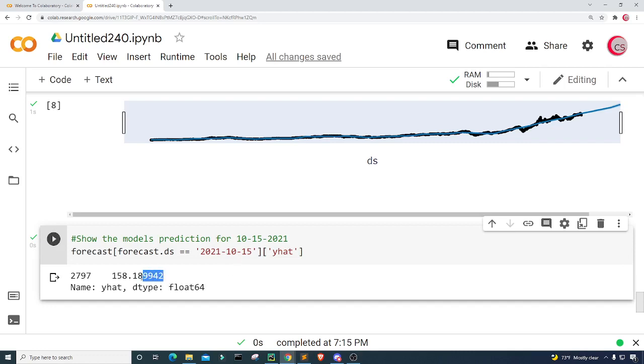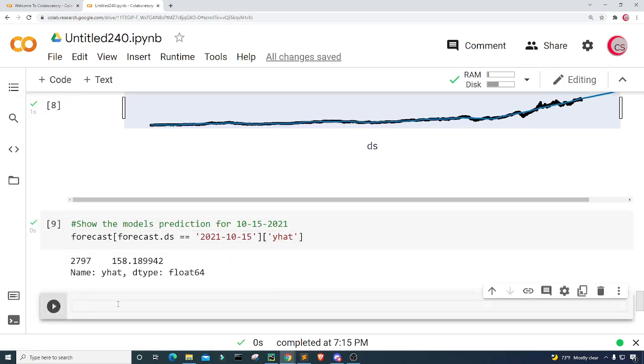And the model predicts that on October 15th, 2021, Apple's stock price will be $158 and about 19 cents. Okay. Now, of course, we actually know what that value is. So let's go ahead and create a new cell